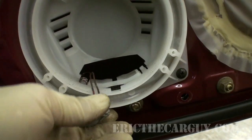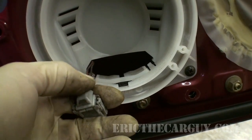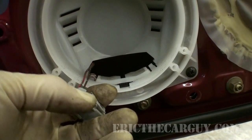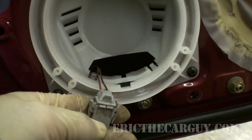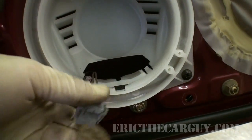I didn't really get a whole lot of help here because these wires on this side are a completely different color, but there is something in common. Both sides have a wire with a black stripe. I'm going to go with that black stripe being the ground side,